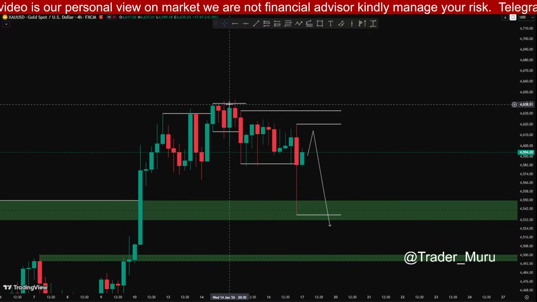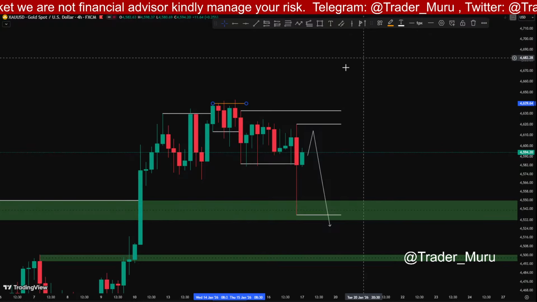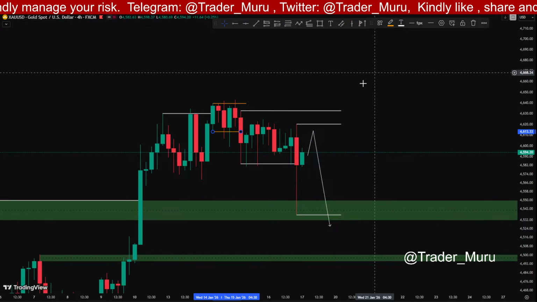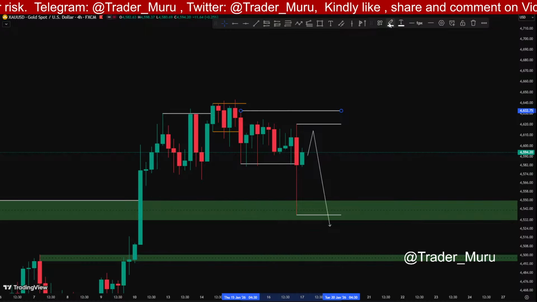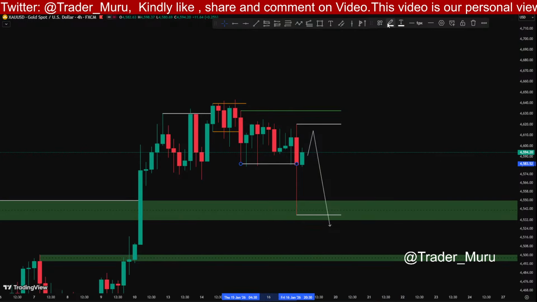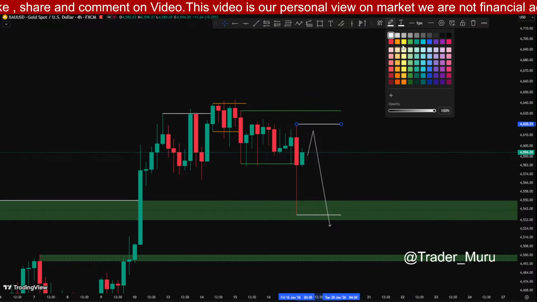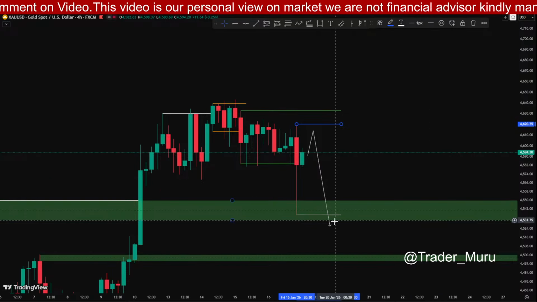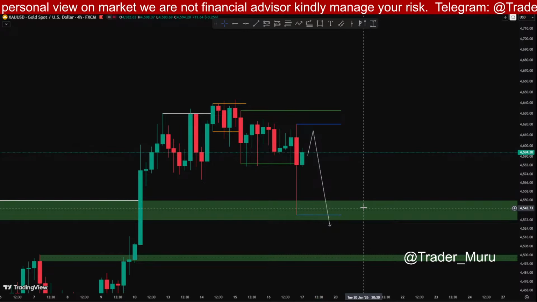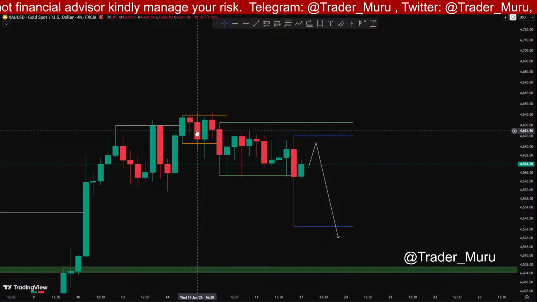Let me just change its color for you. This orange is our first range, then this green color is our second range, and now finally this blue color is our current range. Okay, so this will be much clearer for you. See,